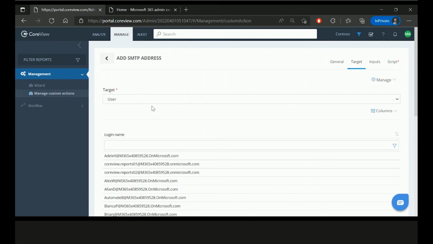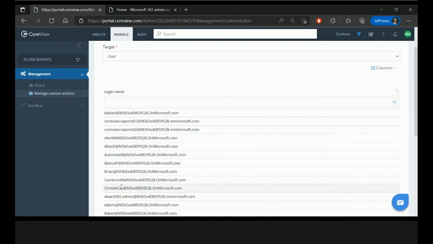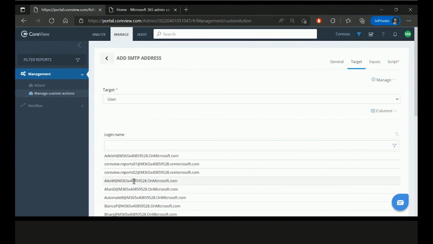But again, for this example, we're doing users, because I know that for what I'm needing to run, I'm running that against a user. The command needs the identity, and the identity typically falls in the DN or UPN, as well as the display name. When I select this target, CoreView will then show you, okay, these are the targets that you're telling me you want this to run against. You can use this as a simple confirmation. And since I've selected user and I see my user objects are returning, I can go to my next tab,